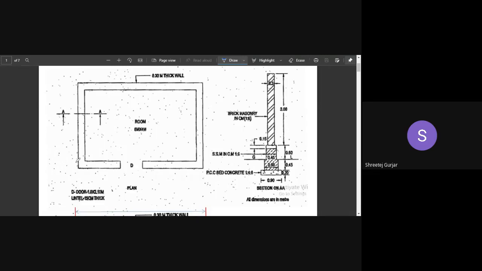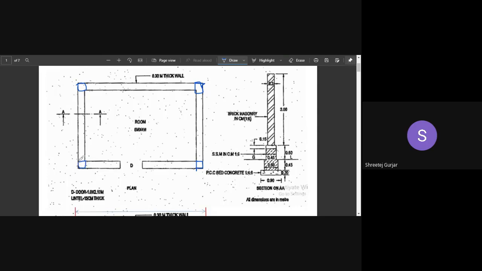A simple way of identification is, you can see columns in it. If you see columns, it is an RC frame structure. If you do not see columns, it is not an RC frame structure, it is a load bearing structure. In this example, can you see any columns? I do not see any columns. If there were columns, you would have seen them in the corners, right? Usually columns are provided there, so if this was a frame structure, you would have seen columns right here.